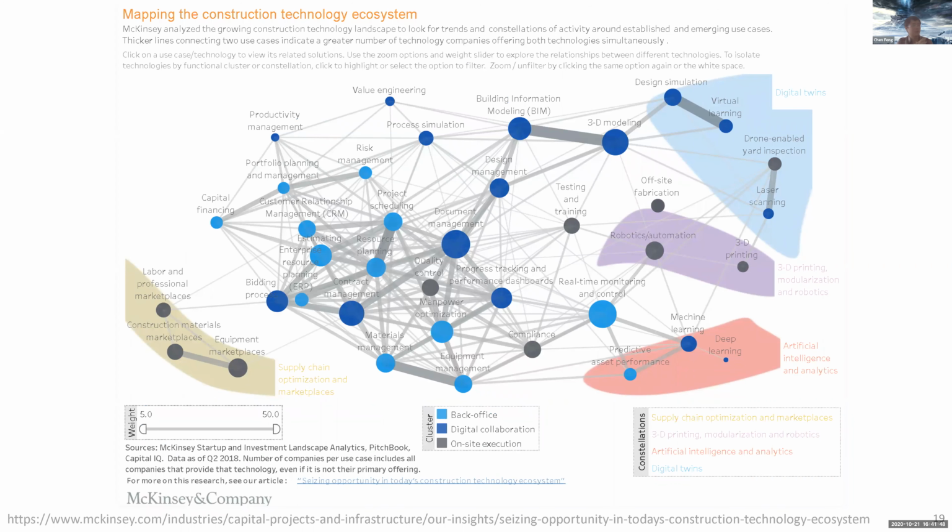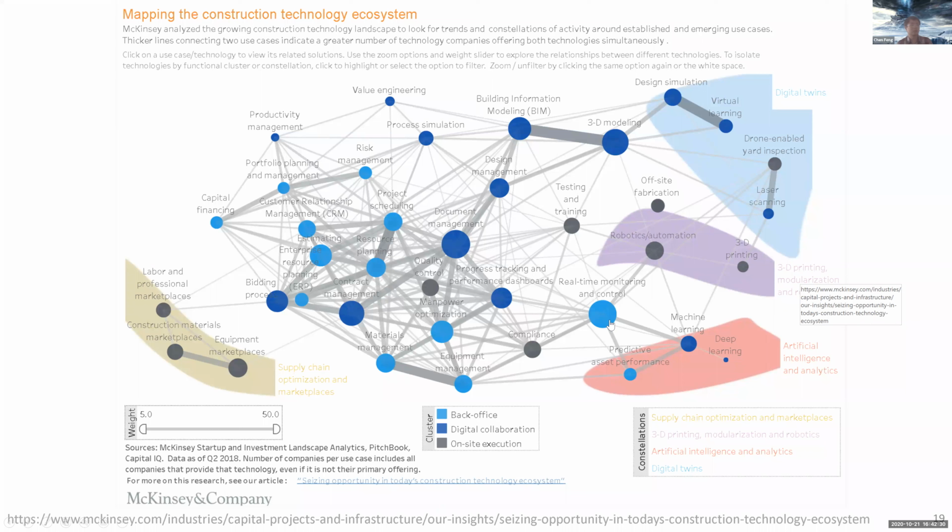This graph is also something I think is quite interesting. The next 2 graphs, along with this one, show the growth of emerging technologies being used in construction and civil. The dots show different technologies, and the edges show the co-occurrence of those technologies. For example, you see 3D modeling and BIM are usually discussed together. They showed together in some of those companies using those technologies, and also laser scanning and drone-enabled inspection.